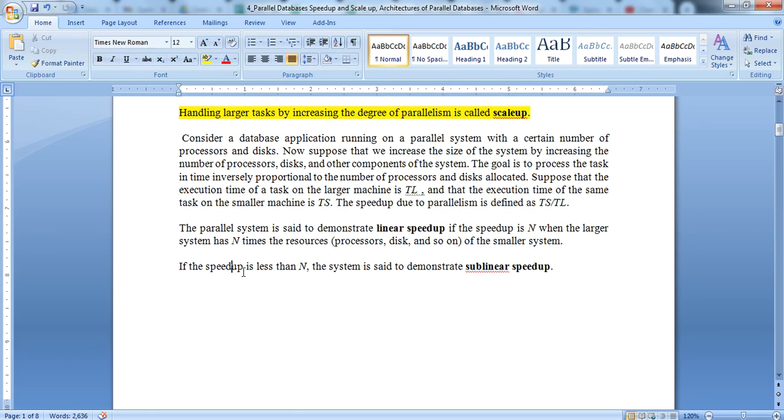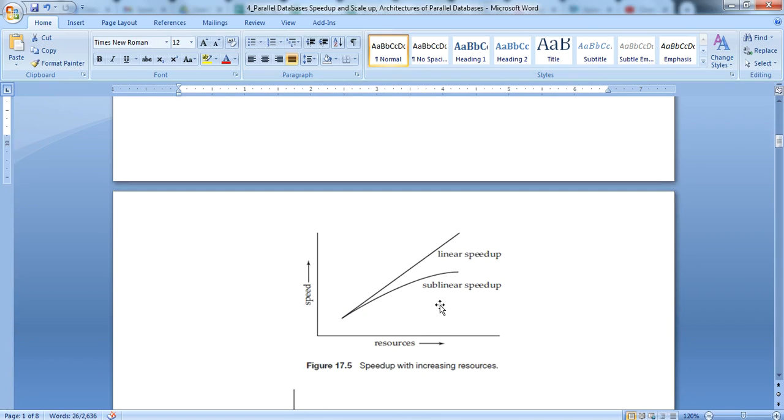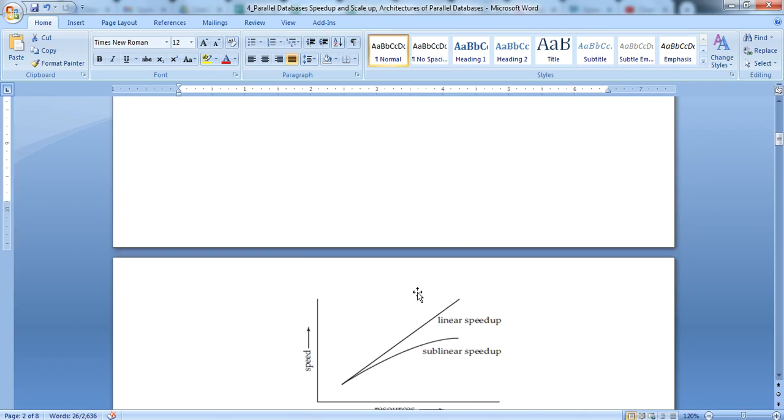That is called linear speedup. Now if the speedup is less than n, the system is said to demonstrate sublinear speedup. It means that in the same scenario, but the speedup is less compared to the given resources, then that speedup is called sublinear speedup, right? Then the next one is